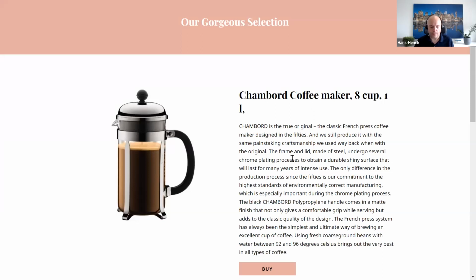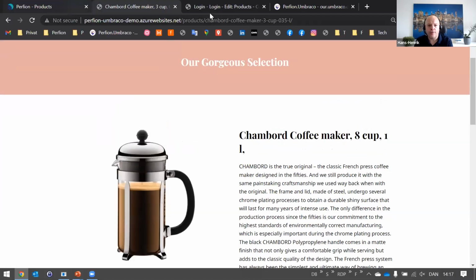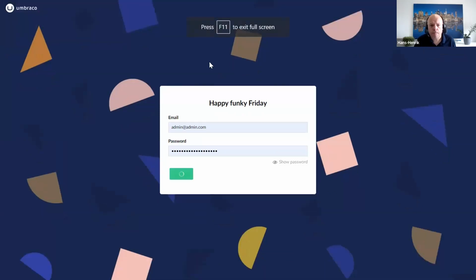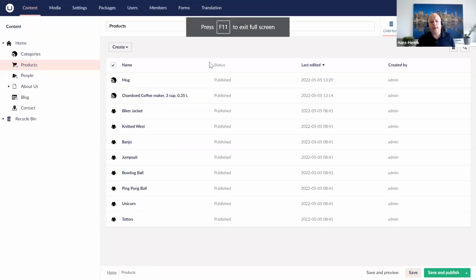And that's what this template shows. If we jump into the background, and I'll see if I can, there we go. If I log in here to the backend, you can see here.